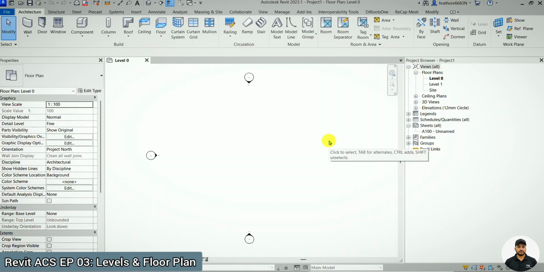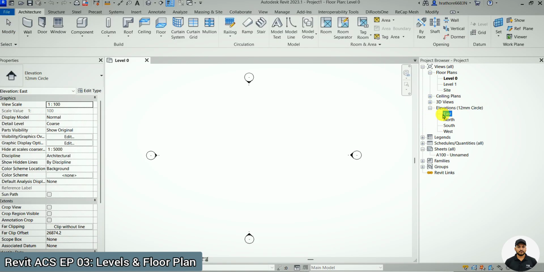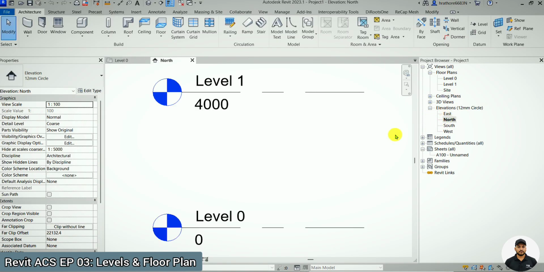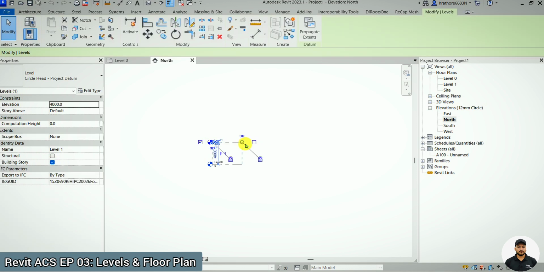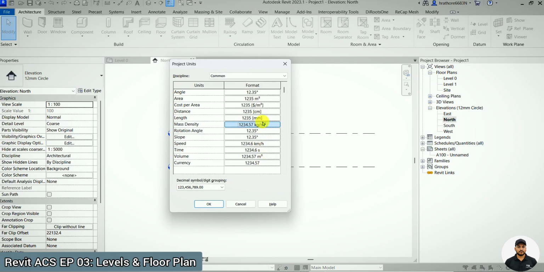So the step of creating a level: whenever you start a Revit project, by default there will be two levels, Level 0 and Level 1. In any template there will be two default levels which are available in the Revit settings, that is Level 0 and Level 1. So if you go to any of the elevation views, for example east, north or south, you will find Level 1 and Level 0 in any of the elevation views. Okay, for now let me change the unit to imperial,